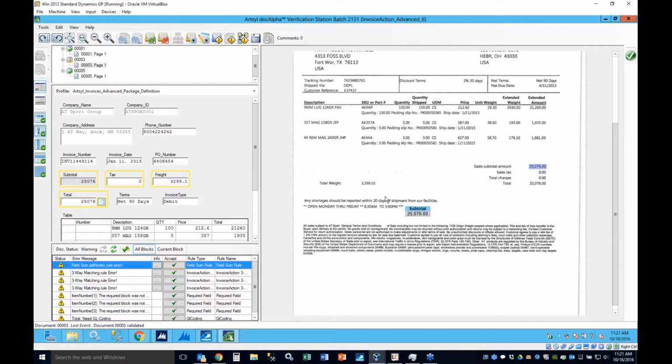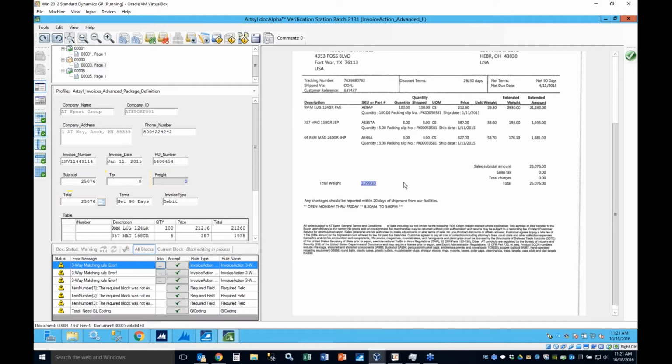So this is a good example of how it will learn. So I put 0 in here, and essentially, the next time it goes to extract this information, it's not going to make that mistake again. It's not going to pull the weight into the freight cost. And when I click in another field, you'll see that that particular error goes away. The next thing you'll notice is that it can't do any of the matching,